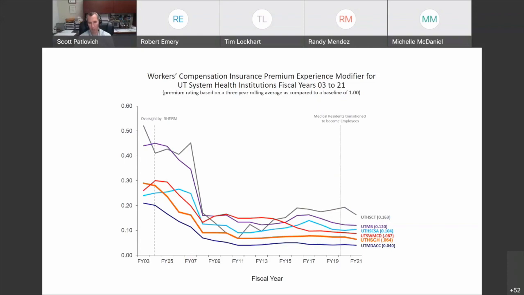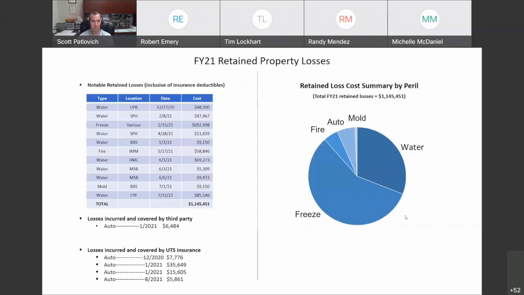That means our premium is favorable because of the good safety performance on our campus. For those of you who are not familiar with the experience modifiers, they're essentially calculated based on head count, incident frequency, and incident severity. So this outcome is really important for us in terms of cost savings.